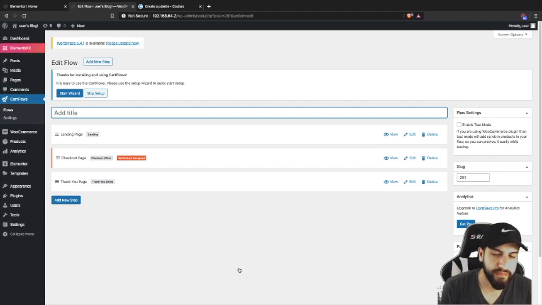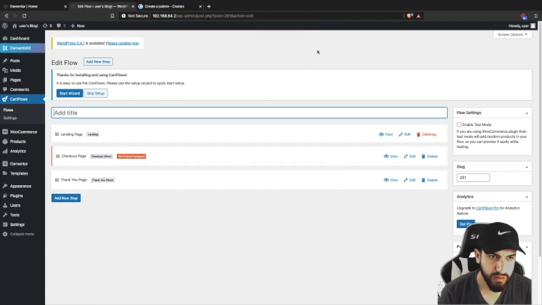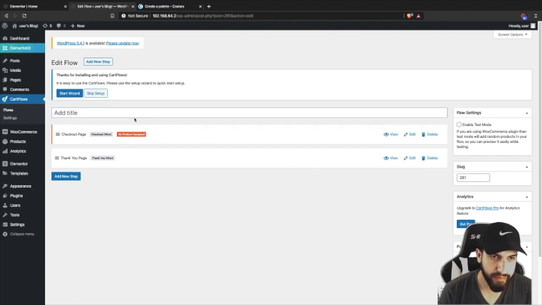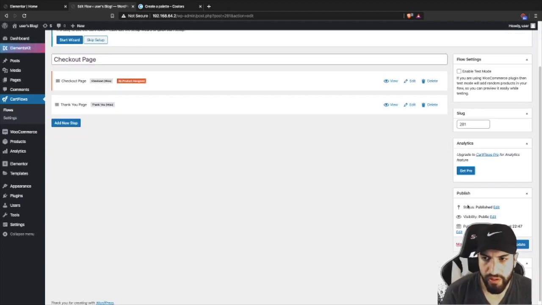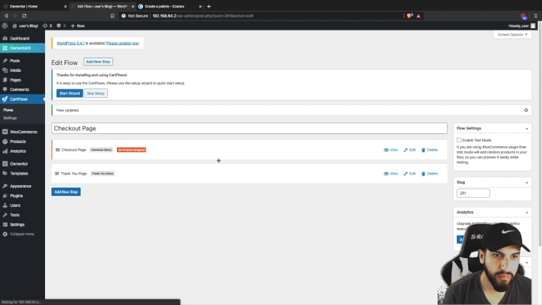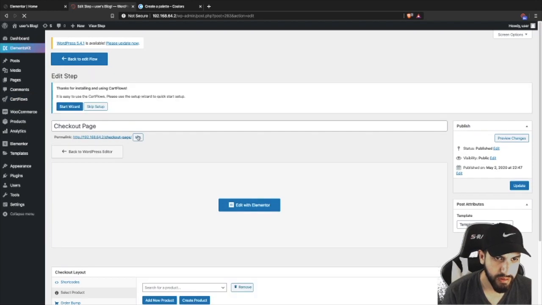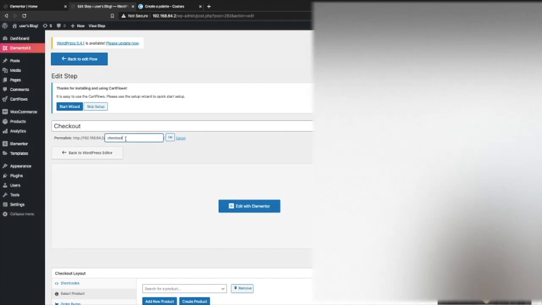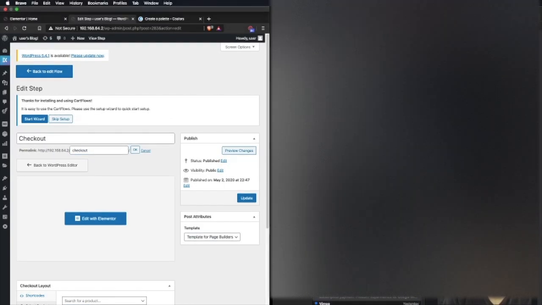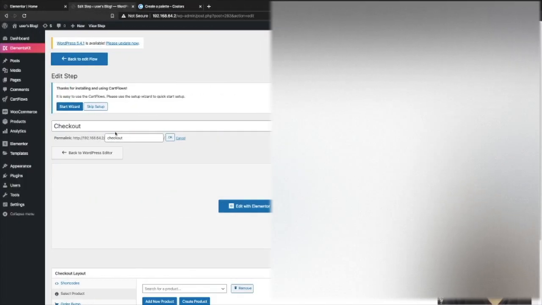Okay. So once this has imported, go ahead and click delete. And then go ahead and just name this. I'm going to call this the checkout page, whatever you may want to call it. Not really that important. Click update, and then on your edit, you can edit the checkout page. And then you see where it says checkout page, just remove this part and make sure that your link here, because this is going to be your /checkout, right? Make sure this reads